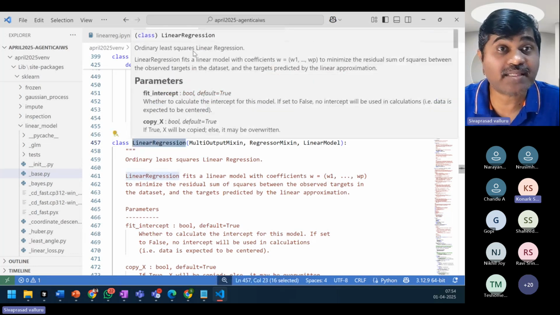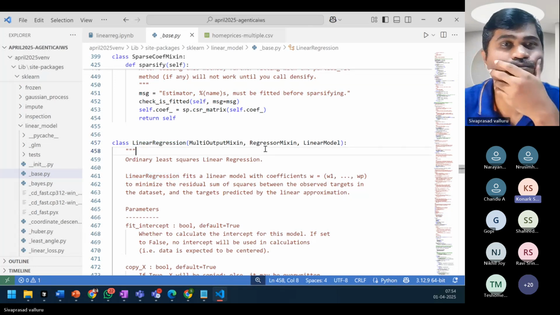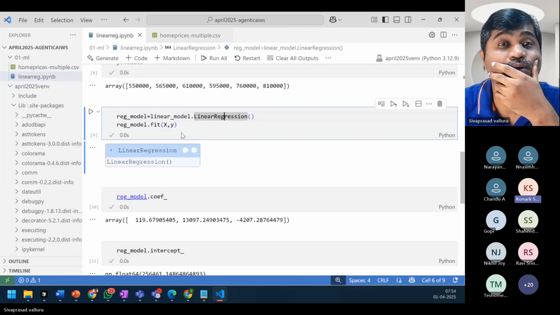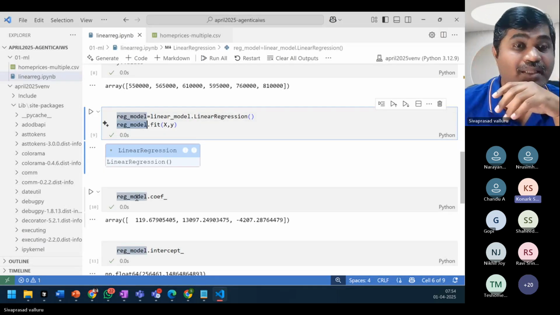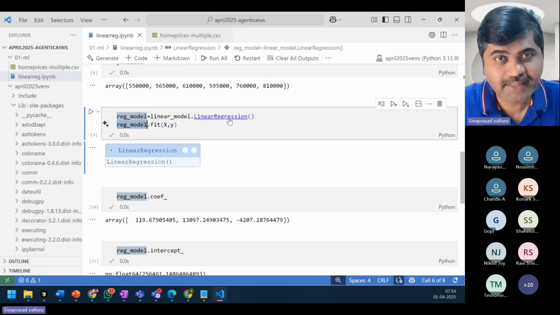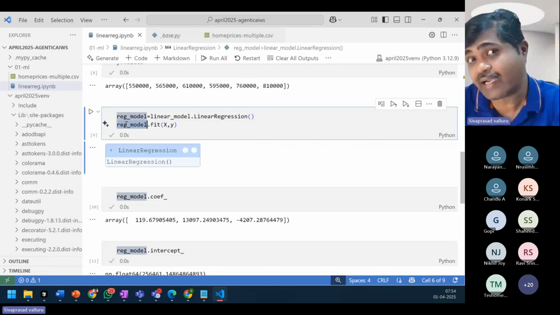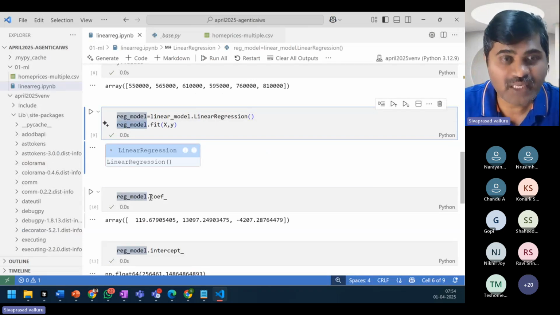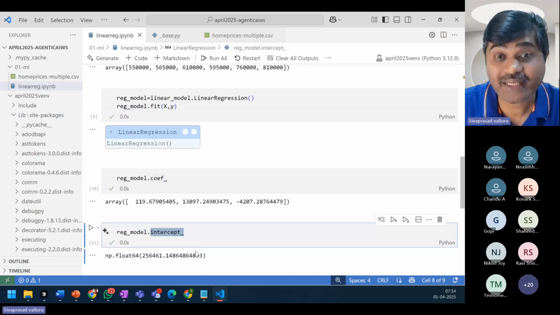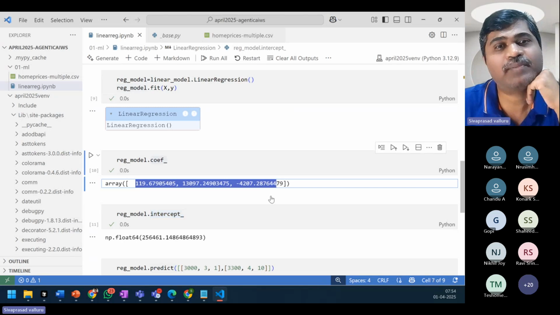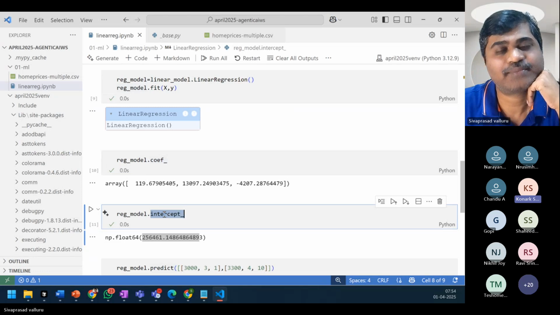Where is this class? Base.py, in the virtual environment here. No, what I am saying is the model which we called fit upon. This reg model dot fit is an object, right? I am showing you the class. An instance of this class is nothing but the object. The object internally contains the parameters M1, M2, M3. That's what I'm describing here: coefficient and intercept. These are the values, M1, M2, M3 and intercept. These are the actual values. We can see that. Okay, understood.